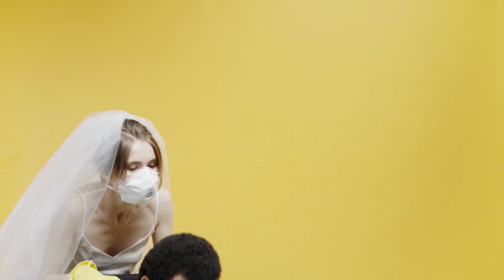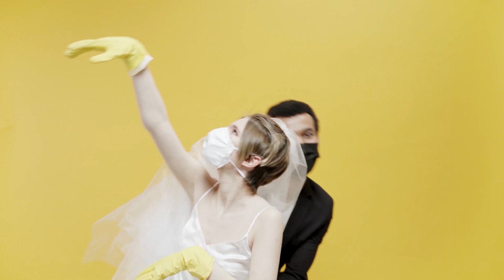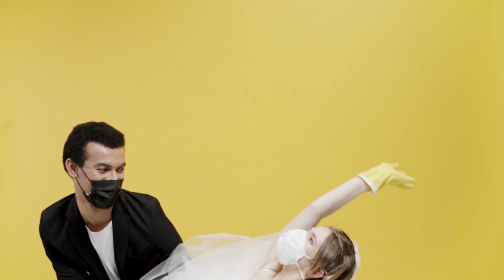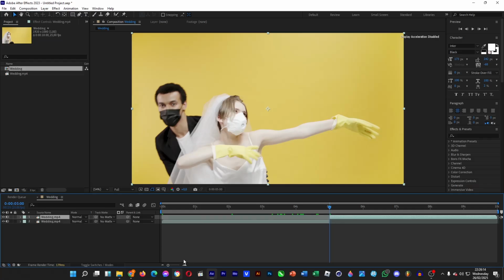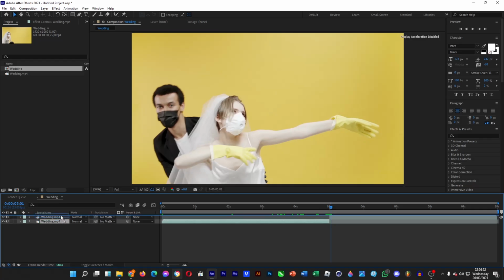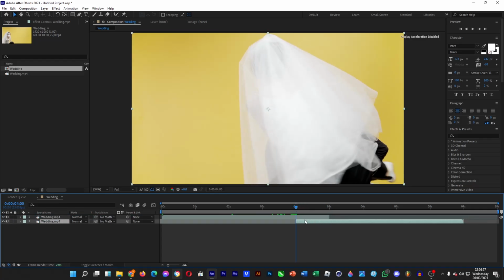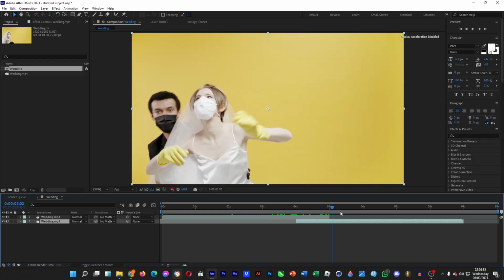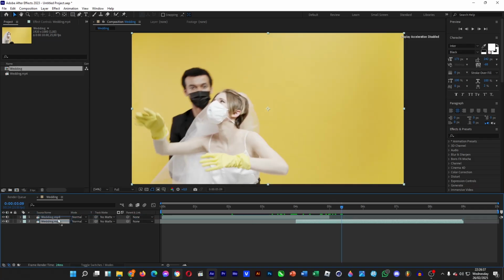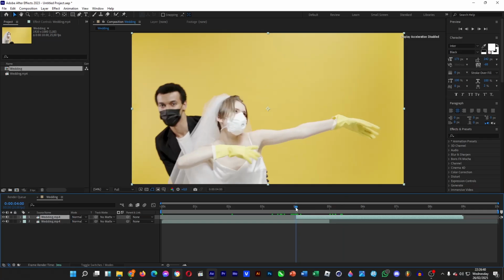Second one will be the transition that incorporates shapes. So like I said, the video has 2 separate footages separated at 5 seconds. So let's say if you want to put some shapes for 1 second, the shape will grow, and then it will show the next footage. So to do this, drag the second footage